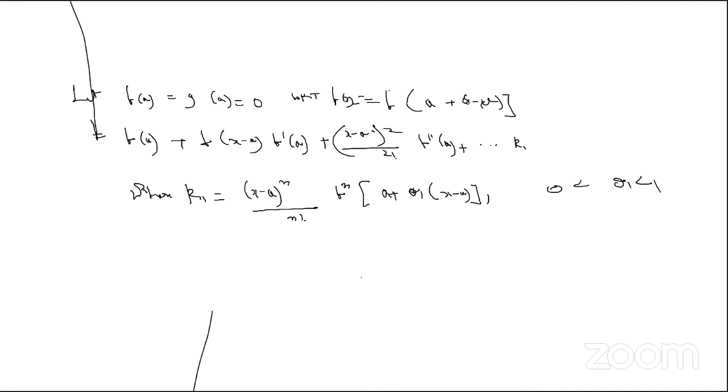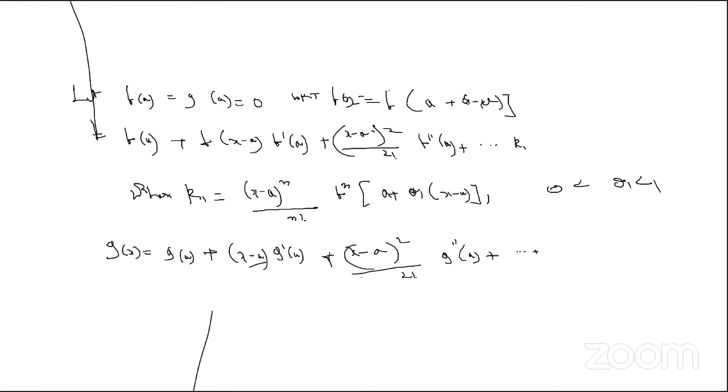So g of x equals g of a plus (x minus a) g dash of a plus (x minus a) whole square divided by 2 factorial, g double dash a, plus so on, plus R2, where R2 is, go to the next page,